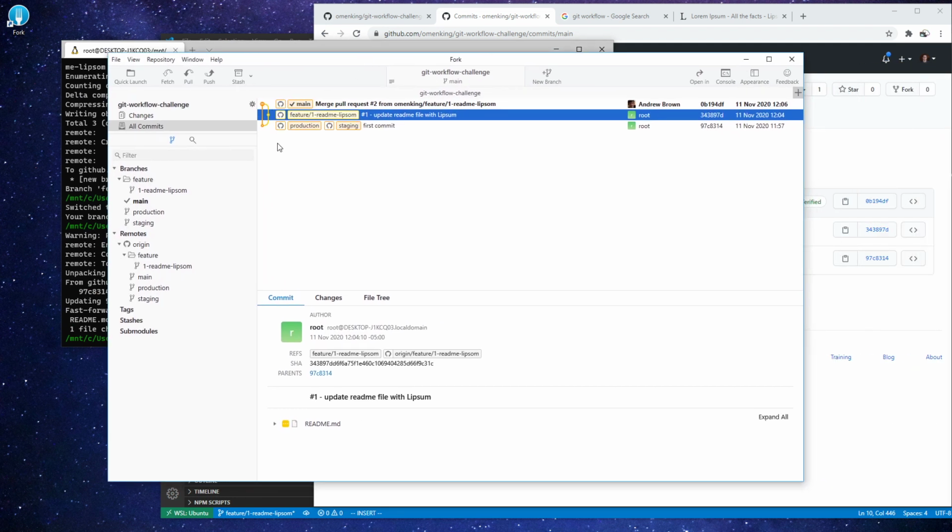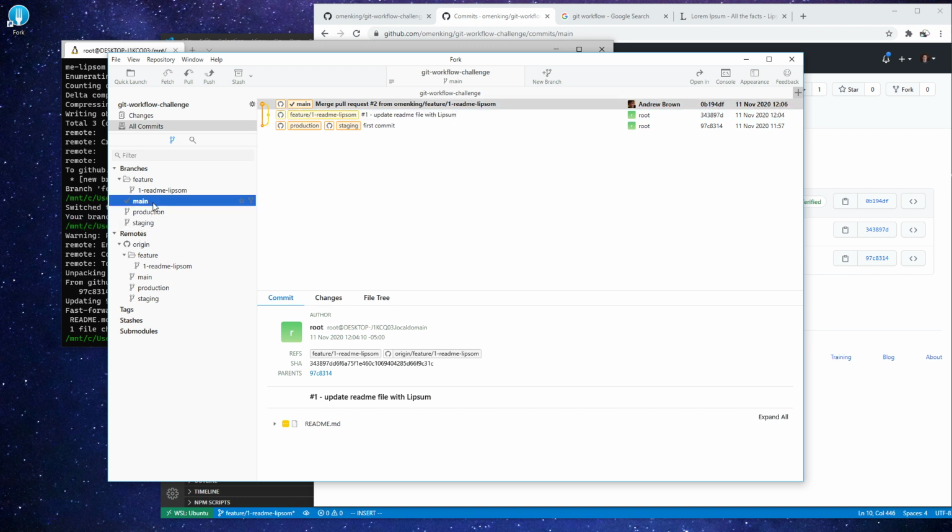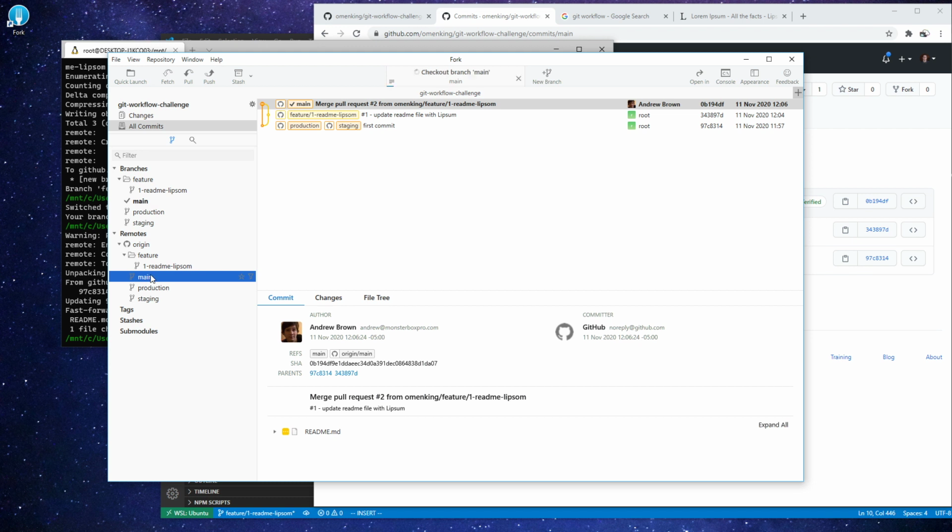All right, so now it's showing us some stuff. I don't know why it's giving us so much trouble here locally, but our feature branch is here, and that tells us that it's now been merged. I guess it's not showing us. Maybe we're looking at this one and not origin here. Yeah, I don't know why it's not visualizing properly. But anyway, the point is that our main is now in front of our feature, so that is definitely merged in, okay? So now that it's merged into main, the next thing we want to do is